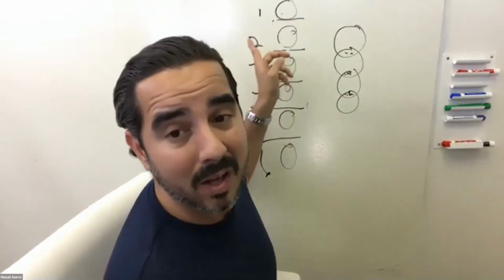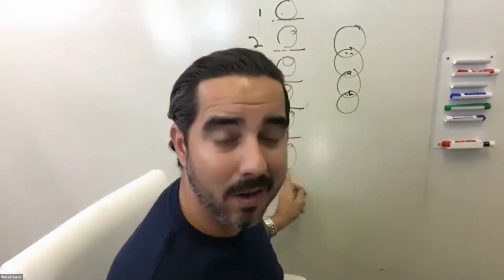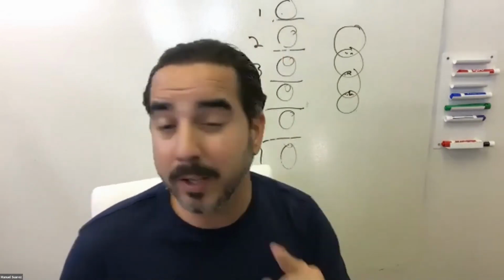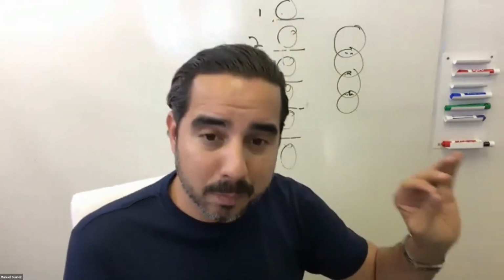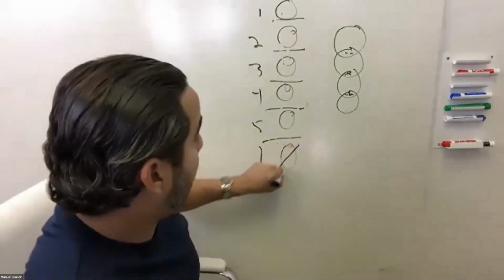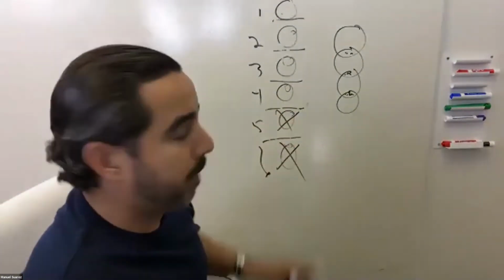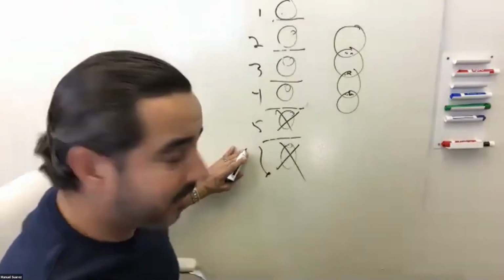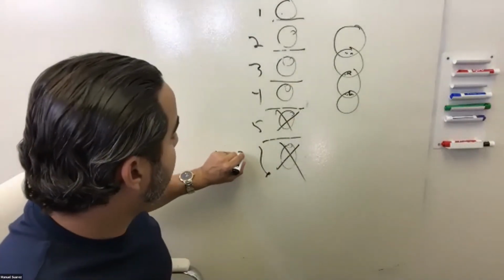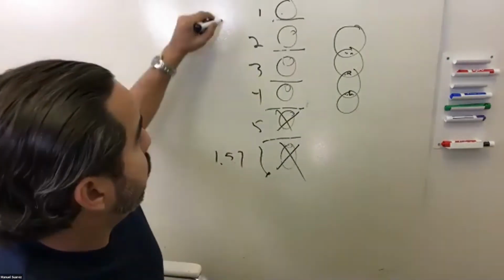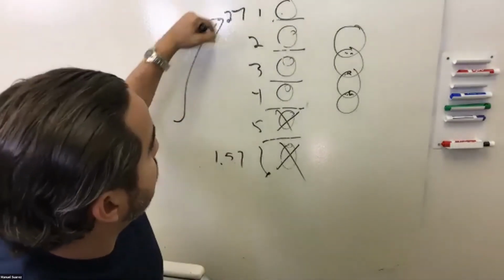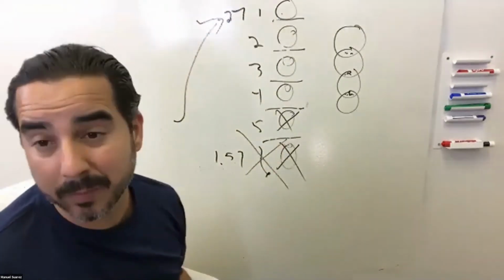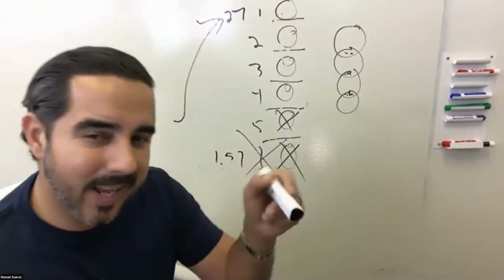If you toggle it on, now you can have campaigns with up to 70 audiences that are not overlapping, and you can have Facebook working for you even while you're sleeping, helping you find winning audiences that are going to be spending the most money, and the losers do not get any money spent. Example, this one right here is getting $1.57 a click. This one right here is getting 27 cents a click. Facebook starts putting energy towards this one and starts eliminating these from the equation. And that's the value of that. They work for you.